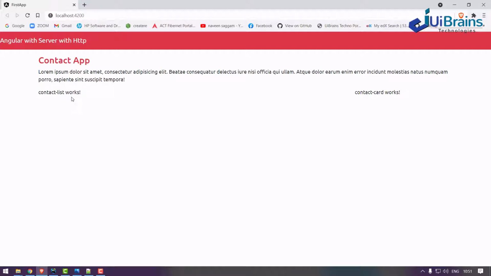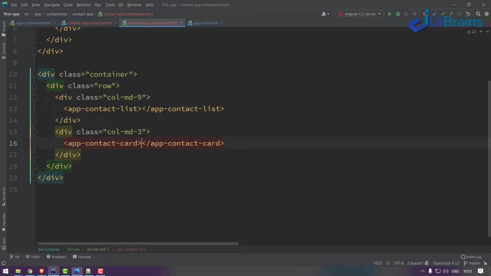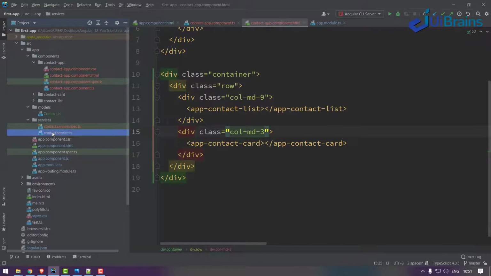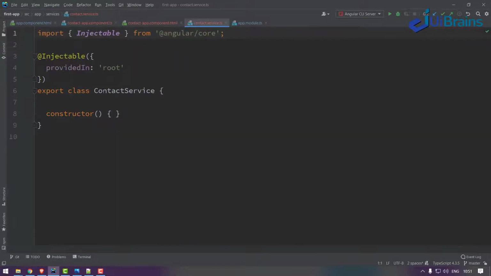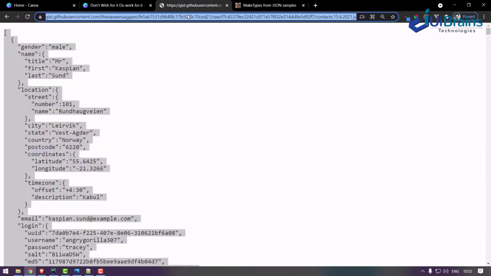So I have to work on a contact list. Before you display something in contact list, you need to get this data, right? So this list needs to get data from the server. How it is able to get data from the server is it is having a connection with a service. So let's focus on the service part and then we'll come back here. So go to service. I have a contact service. This service has to fetch data from the server. The link which we listed is here. From this URL, I have to get data.